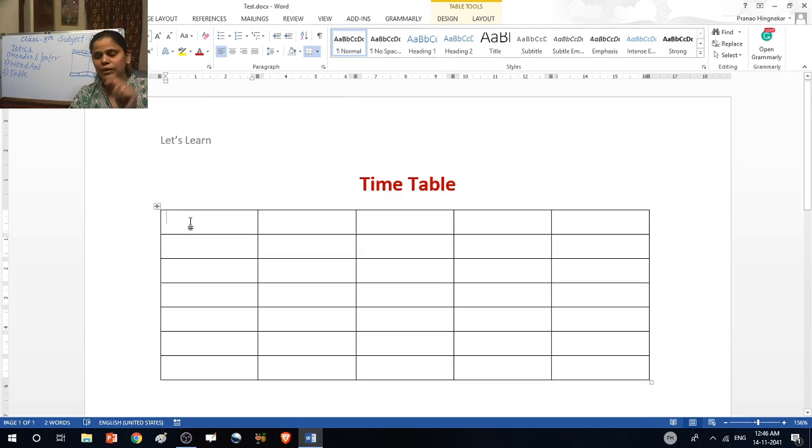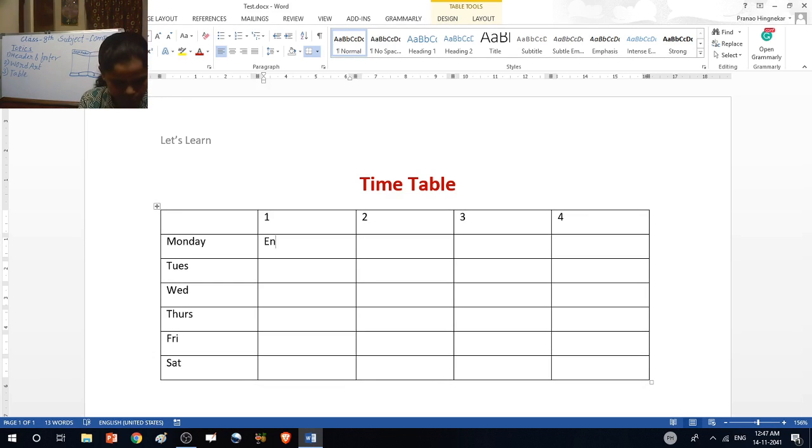Intersection of the row and column is called the cell. So remove the first cell, and here Monday, then Tuesday, Wednesday, Thursday, Friday and Saturday. First period, second period, third period and fourth period timetable.